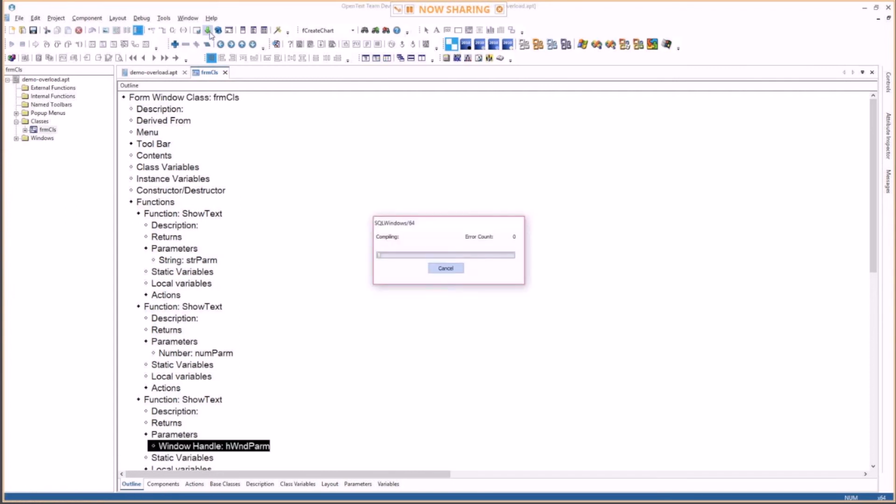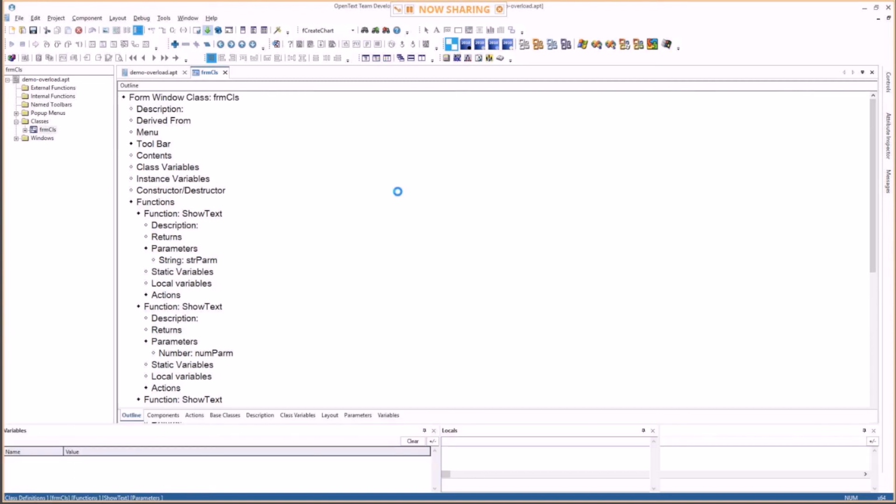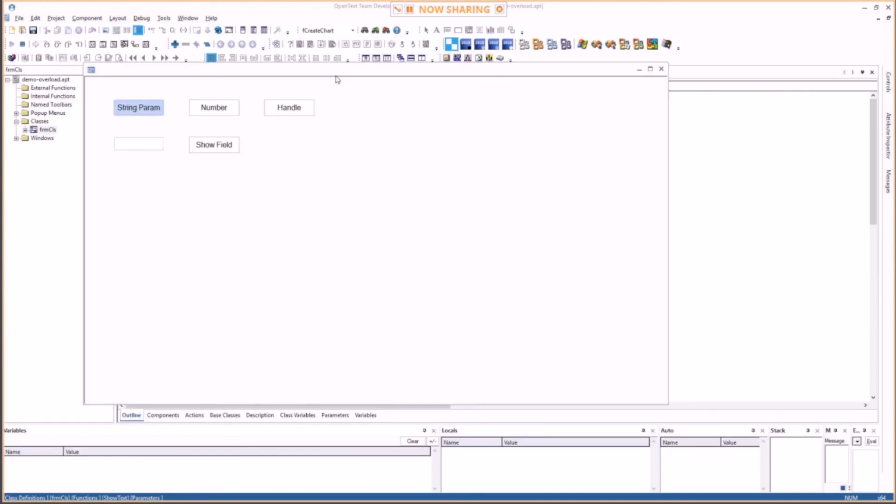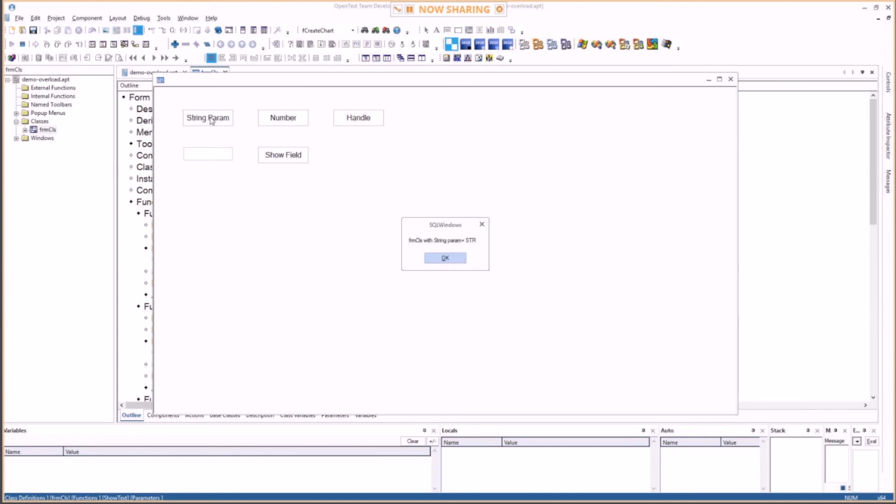See what this does. So calling with string parameter, form class with string parameter, calling with number parameter, calling with handle,